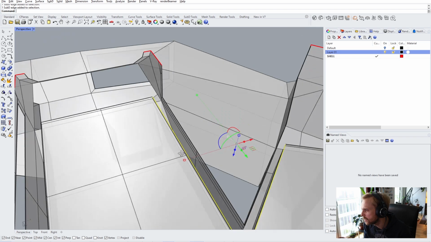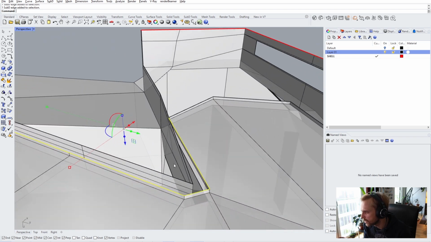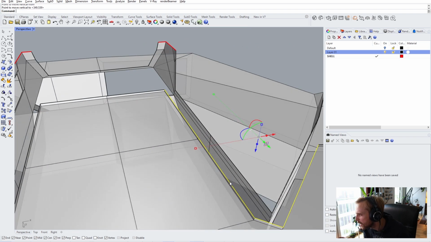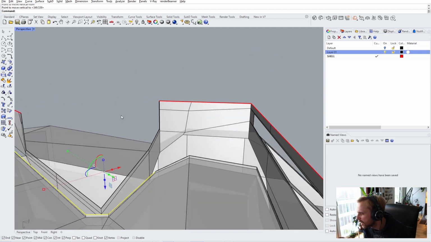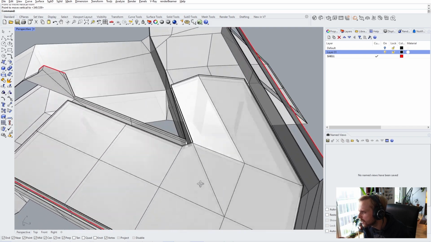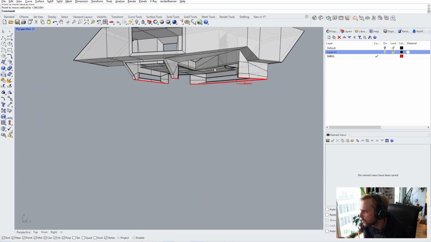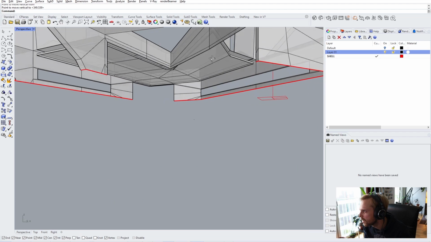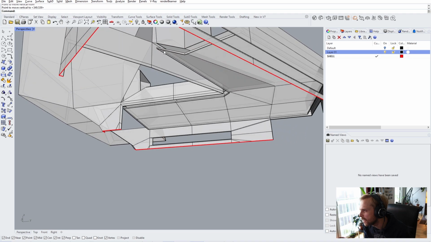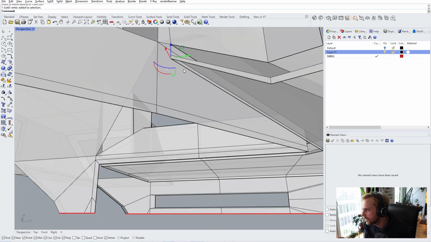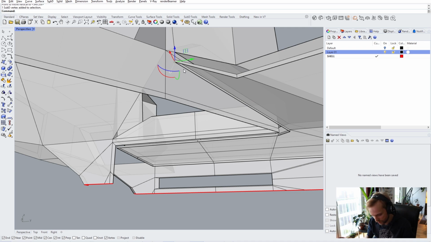Because all I need to do is just select this. Oh my god, the orientation. I just need to select these edges, not two edges, multiple edges. Like that, right? And kinda just push it out, right? Wait, now I'm getting confused. So this point right here actually will need to go